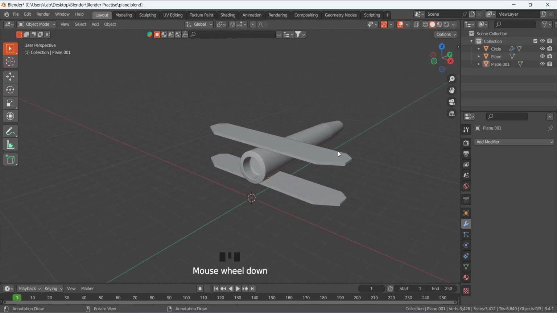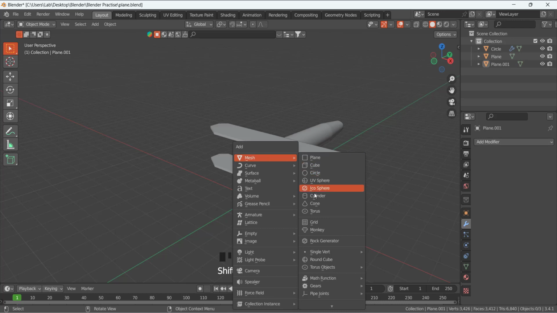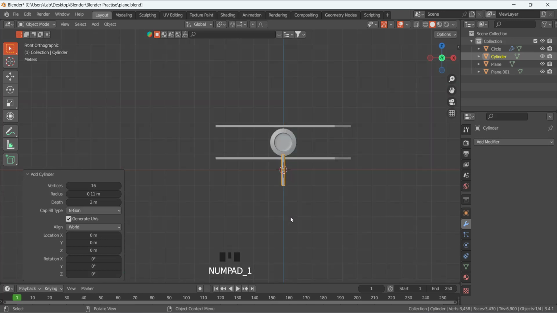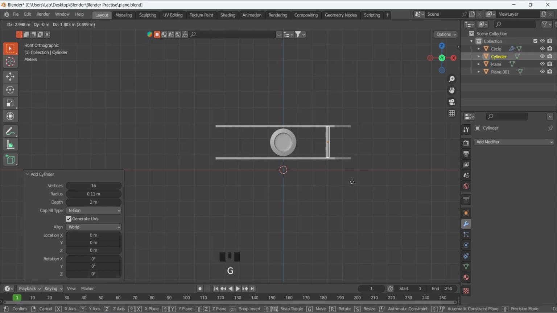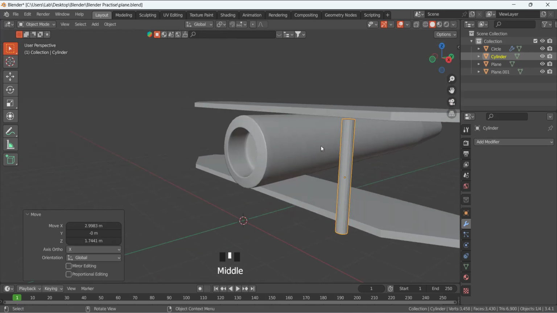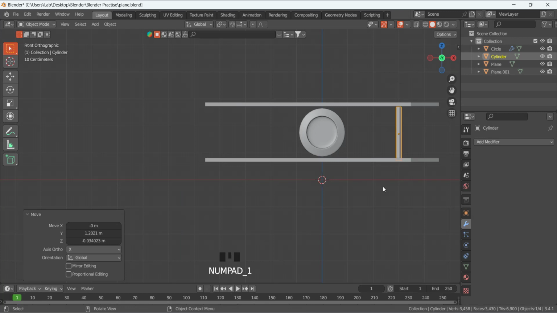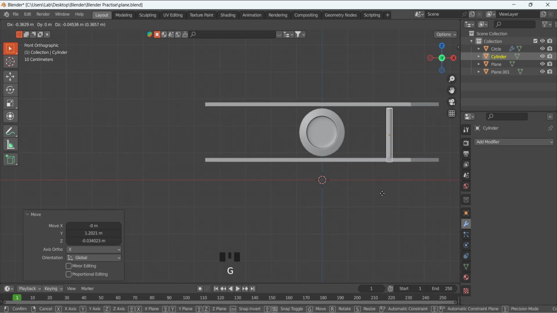And here I'm going to add two cylinders to support these two planes. Shift A, and I'm going to use the cylinder and decrease its vertices to 16, and decrease the radius also, make it like that, and then press 1 on your numpad and G to move it and place it here at this position, and press 3 on your numpad and G to move it and place it like that. Again 1 on your numpad, so G,